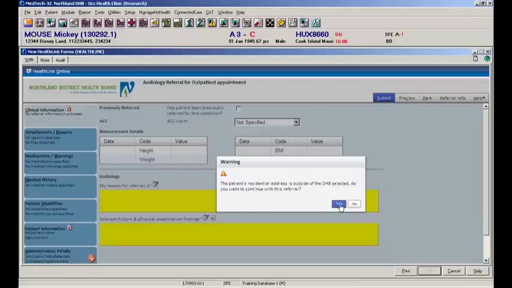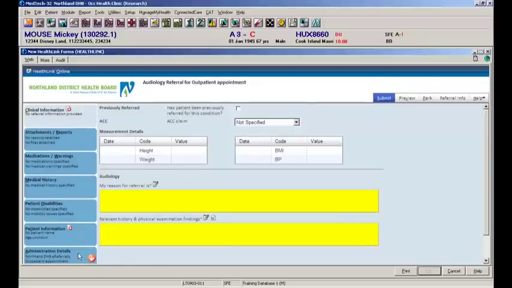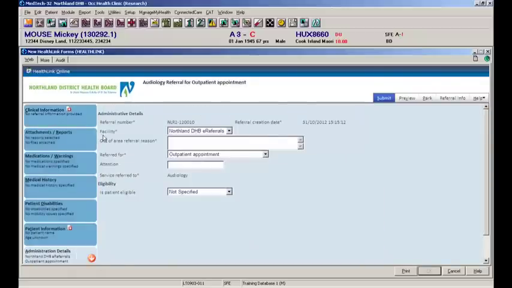If the patient doesn't live within the DHB area, the referral will most likely be declined. If you feel that this patient does qualify for Northland DHB care, then you can proceed, and when you click the yes button, you will be asked to supply a reason for doing that in the administration section. So if we click yes here, and we go to the administration box, you'll see here there's the out of